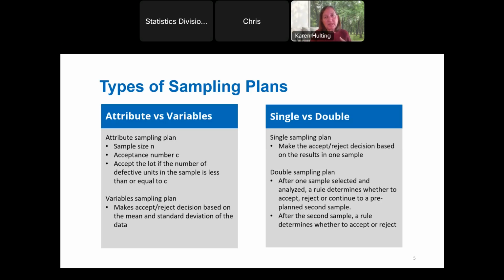Now, the important thing about a double sampling plan is it is intended and only actually works if you plan ahead for that second sample. It doesn't work if you failed the first sample and then you say, let's do a double plan, right? If you do that, first of all, that is a misuse of that double sampling plan. And second of all, it increases your risk, right? So it's not a good idea. But you can plan ahead for a double sampling plan. And so in some cases, that's a really good method.